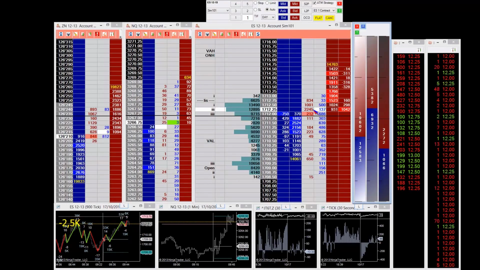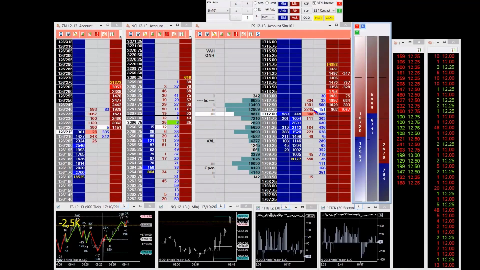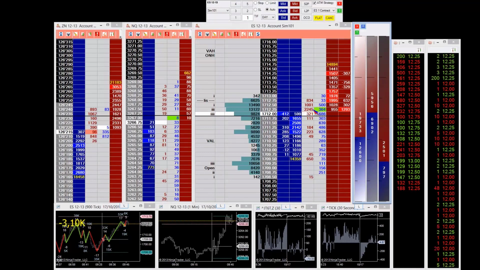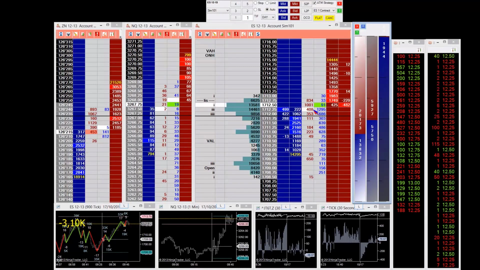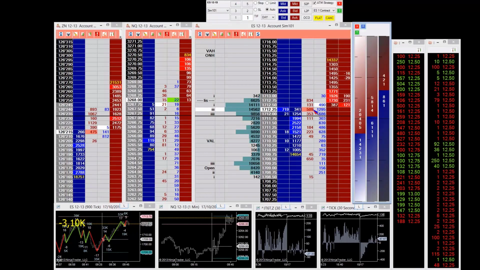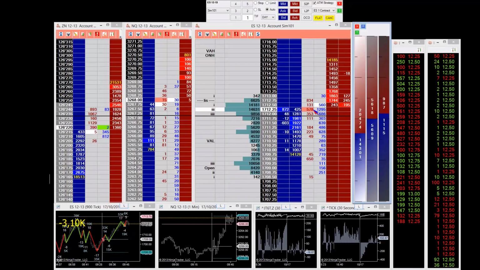Okay, so the key to reading information about market orders is very simple. If sellers are dominant, then price should move down. If buyers are dominant, price should move up. In an up move, we'll see 1.5 to 2 times buyers to sellers, and the reverse for a move down. The other thing we look for is that when large traders start to come in, like we've got these large sellers coming in,